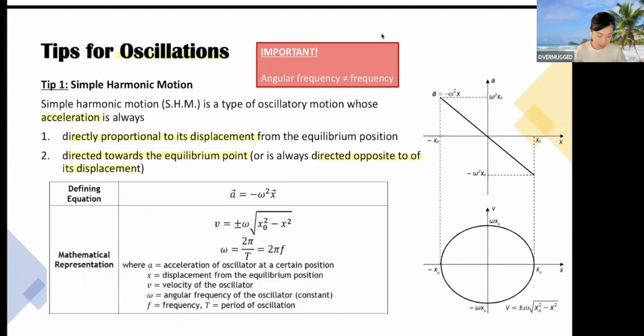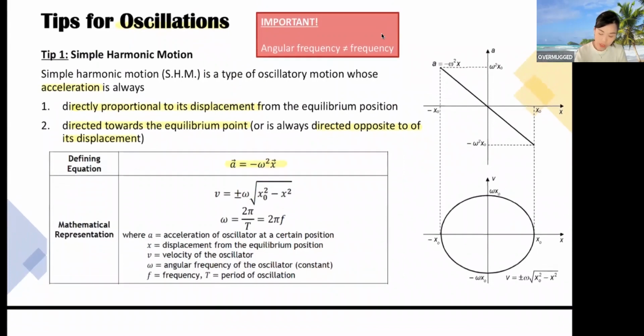So once you actually have these definitions set properly, you are able to come up with the simple harmonic motion defining equation. In this case, simple harmonic motion is this equation: a equals negative omega squared x, whereby x is the distance from the equilibrium position and omega is your angular frequency. Angular frequency is different from frequency. Don't mix them up. Angular frequency's unit is radians per second,